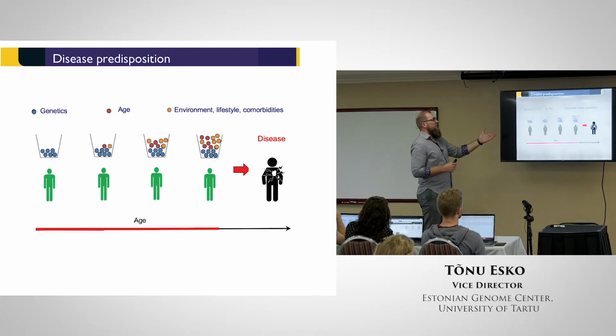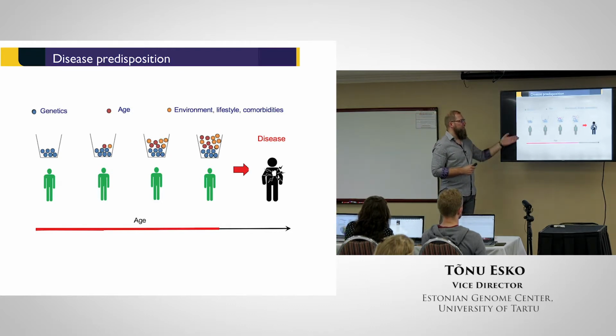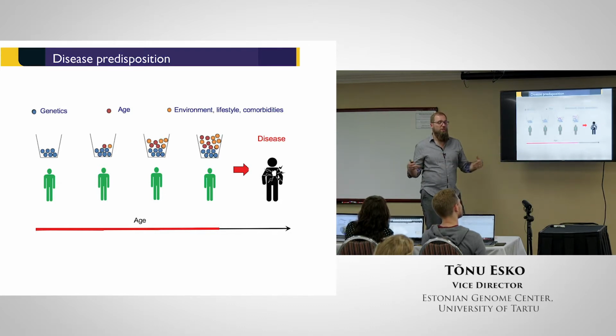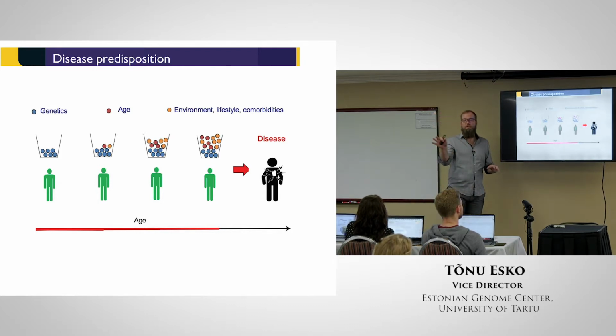So basically, why we are obsessed with genetics is that genetics is there on day one, and it's different between us all. The good news is that no one has all the bad variation in the genome, but the bad news is that everyone has something wrong. Everyone has something that is not working. So live with it. But it's important to know what is wrong, because if you think about our risk toleration